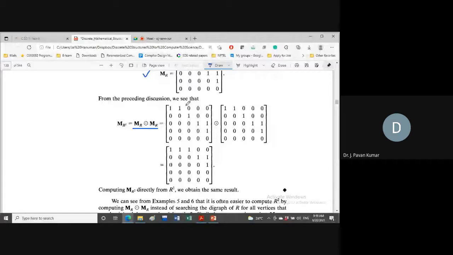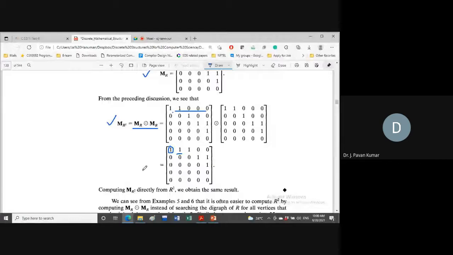We will be performing the dot product whenever we have corresponding entries, of course, like matrix multiplication, but not exactly the same. Here, whenever at least one of the corresponding entries is 1, then we will put 1 accordingly. See here, consider this row with the first column. Next, this same row with the second column, like matrix multiplication, but if at least one pair of corresponding entries are matching as 1, then we put the respective entry as 1. Like this, we can obtain MR2.